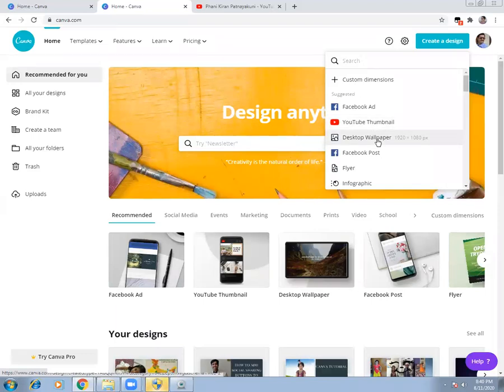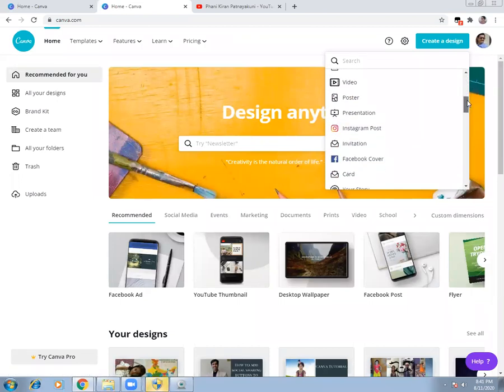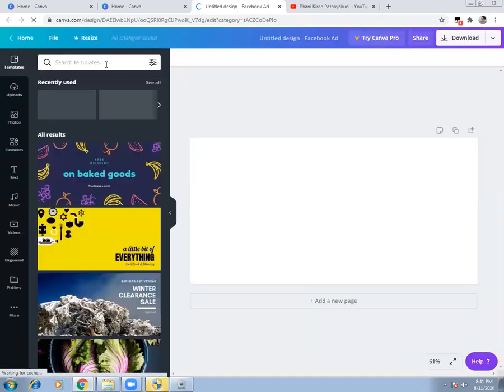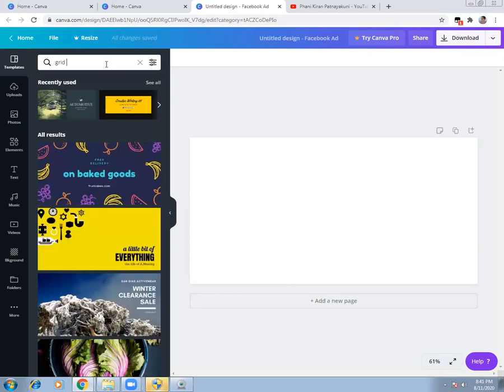These can be your desktop wallpapers. These can be for your Facebook posts. These are for Facebook ads. So there are different sizes of custom design templates which you can use, insert your images on top of them and simply use them, and these will give you a great appearance to your audience. So this is what we are going to learn today. I'm just going to show you one post, and the remaining you can try yourself because more or less the process is the same. So we're going for a Facebook ad, and once we go there, you have to search for something called grid images. I do it very often, grid.